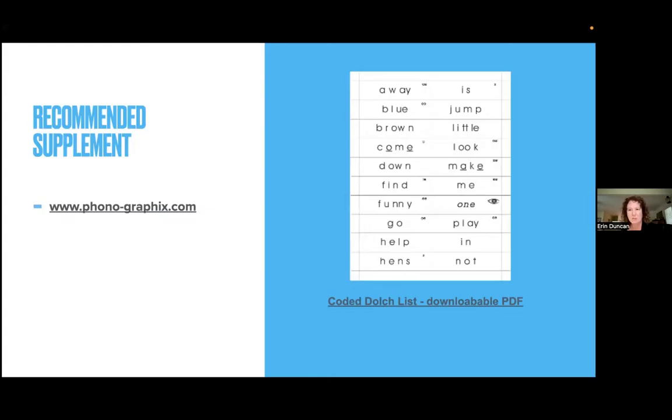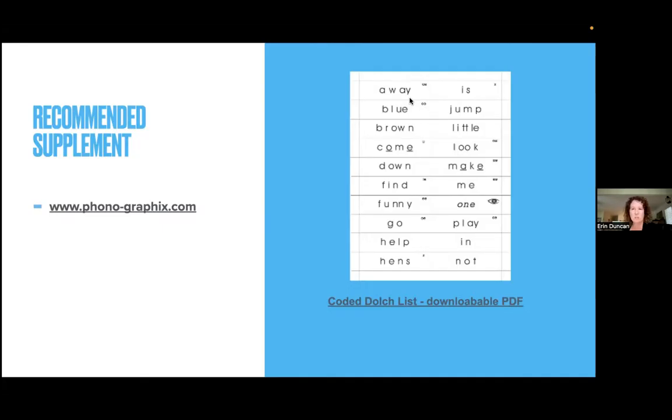So this is the Dolch list mapped out by sounds. So every sound is separated and ready to be read. And if you need to spend a lot of time working with the basic code in chapters 3 and 4, but your school is pushing for a lot of sight word work, then I would suggest you grab one of these. It's inexpensive. It's a downloadable PDF.